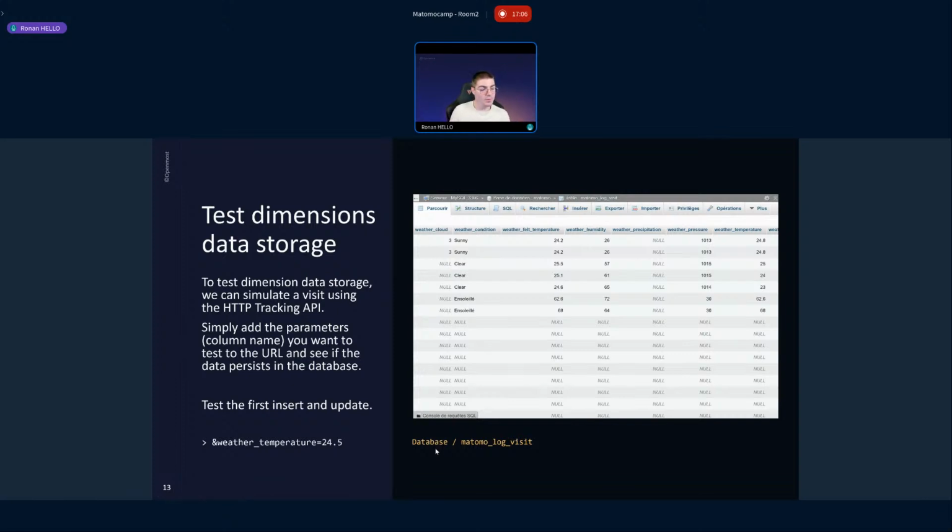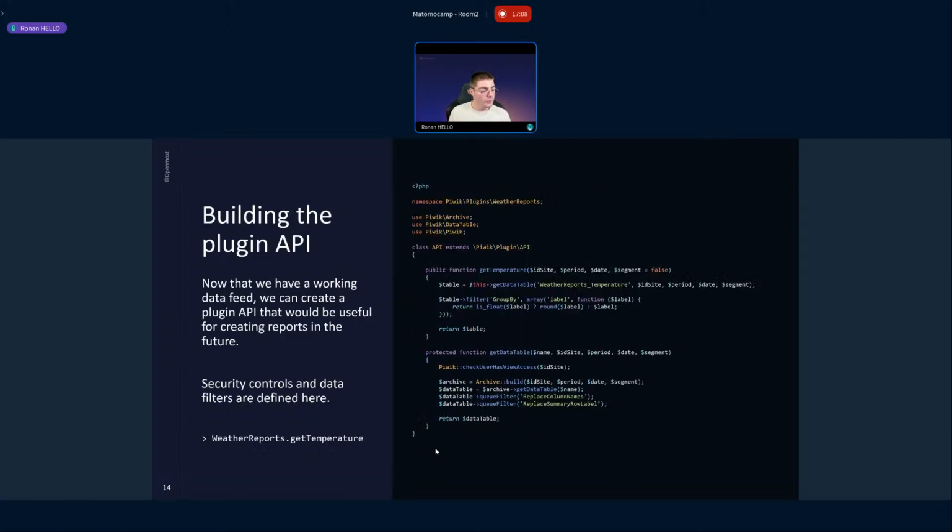We want to provide data all over the Matomo instance. To provide data from the database to reports, widgets, segments, and everything else, we have to build an internal API. Matomo lets you create a plugin API within a few lines of code. Here, we are in the api.php file auto-generated in your plugin, and we have to create a function like this for every dimension we generated.